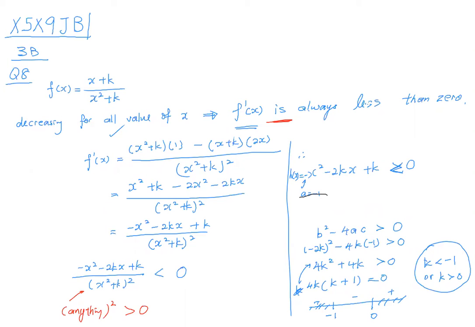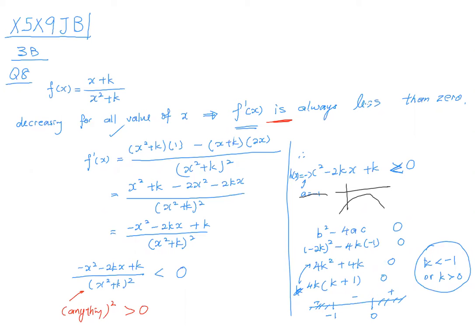So the graph of this h(x) should be this way, negative. Right? So that means b squared minus 4ac must be